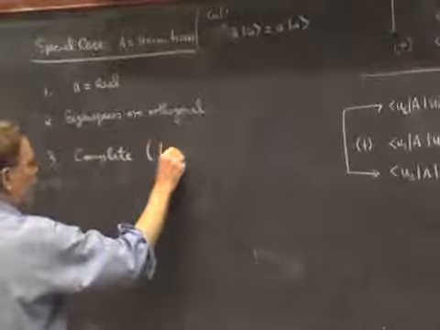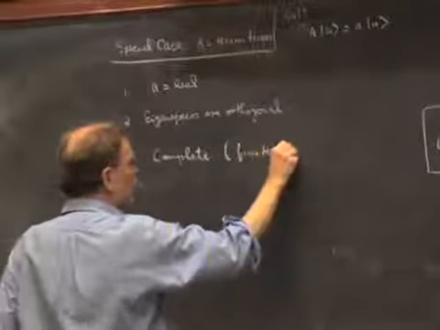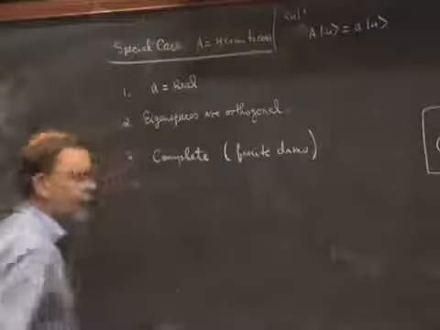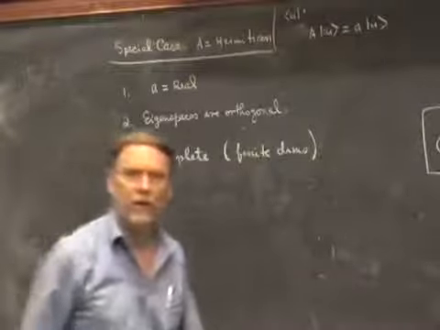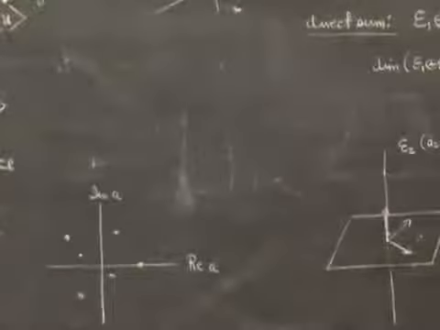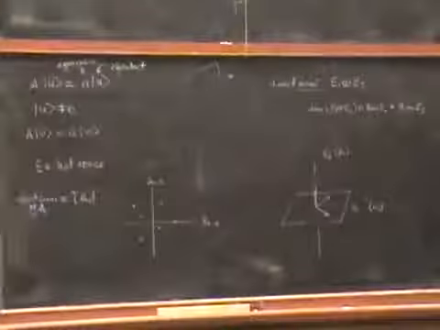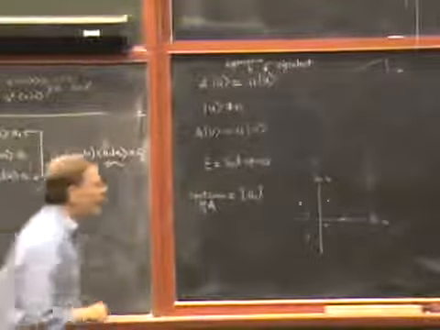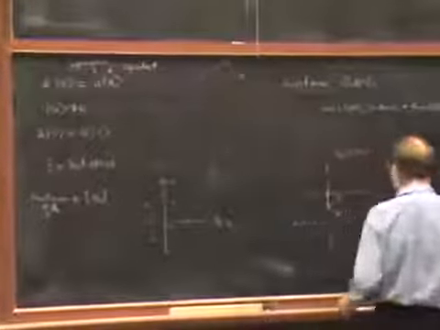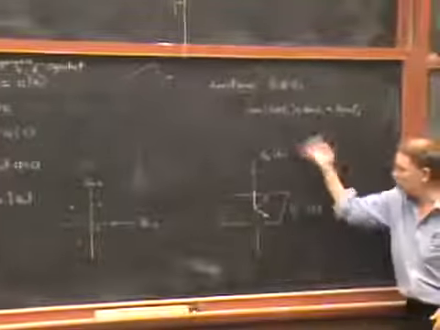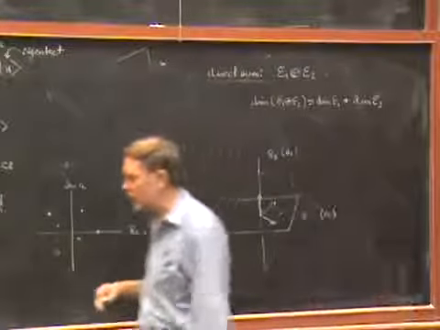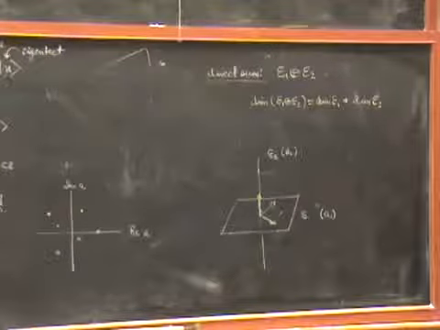At least this is true in finite dimensions. They're always complete. This is not true for non-Hermitian operators, and it's one of the great advantages of Hermitian operators. It simplifies a whole lot of things. In finite dimensions, Hermitian operators are always complete. So it wouldn't happen in finite dimensions, namely 4, that you'd ever get 2 plus 1 equals 3, but missing some dimensions. It wouldn't happen, at least not for Hermitian operators.